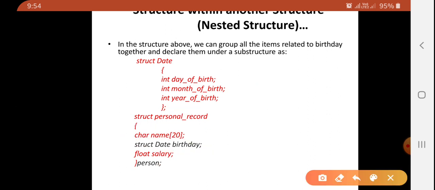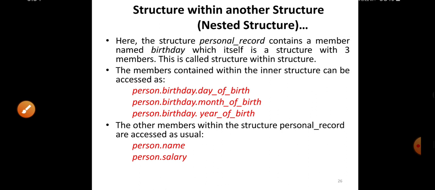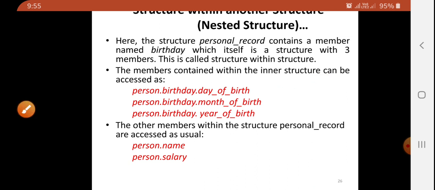So I can access these three variables using person.birthday.day_of_month. In the same way, person.birthday.month_of_birth, and in the same way person.birthday.year_of_birth.